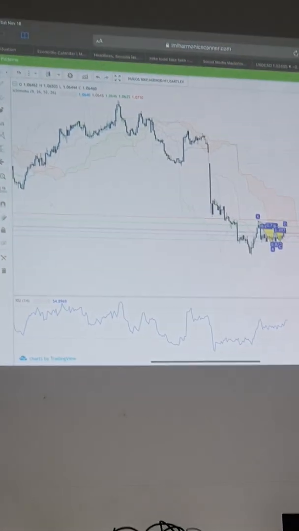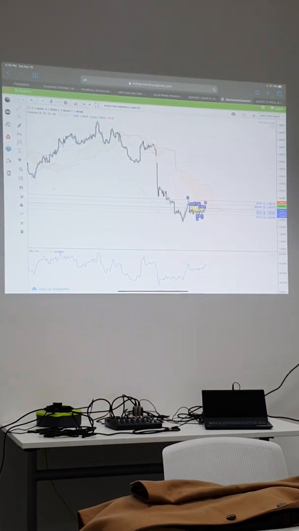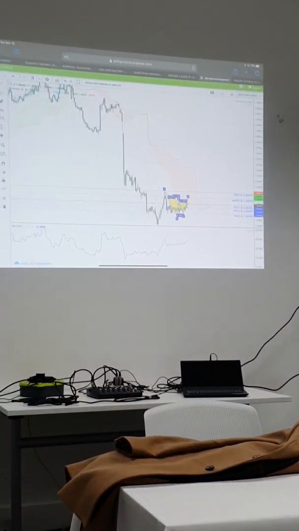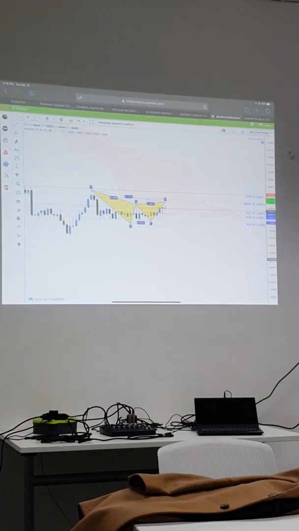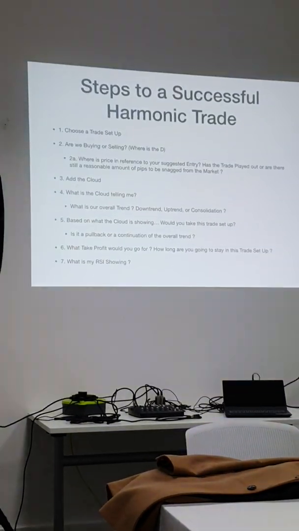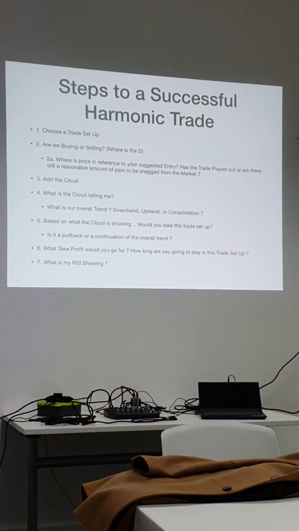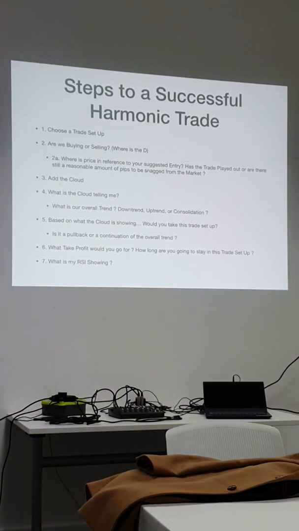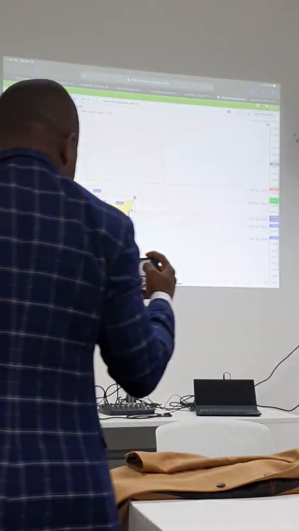So, once you add the cloud, now here's a beautiful trade setup. We have AUD, NZD, for example. This was the last trade that was called. Let's take a look at it. So step one, let's go back to our steps. Step one is to choose a trade. So we chose a trade, right? Step two, and I'm gonna revise this, but step two, you're gonna ask yourself, what is the Harmonic Scanner telling me? So here, the Harmonic Scanner is telling me